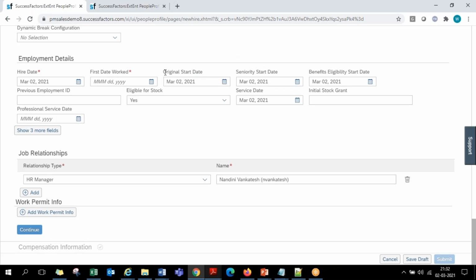In Middle East countries, these are required, guys. For example, there is a company in Qatar. If they have issued a visa to one employee in India, he is traveling to Qatar. He landed in Qatar on 1st of March, but he is reporting to work on 5th of March.